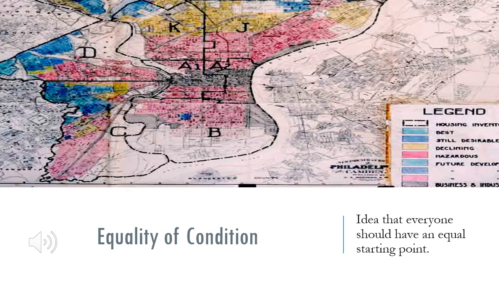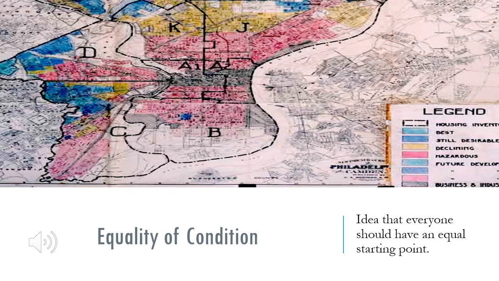For the second standard of equality, which is the equality of condition, this is, I would say, a more expansive and a more progressive standard of equality, right? So again, we're thinking of these standards as a response to stratification, which is systematic inequality between groups of people. So when we're thinking about what does the equality of condition represent, it represents the idea that everyone should have an equal starting point. So this is different from equality of opportunity because it's going even further back in time,